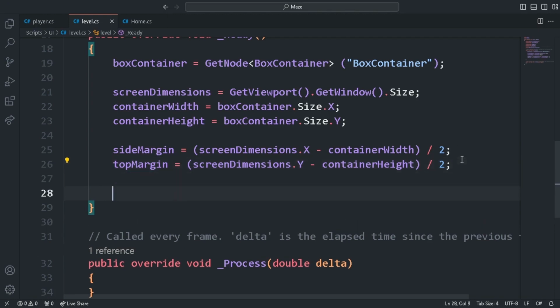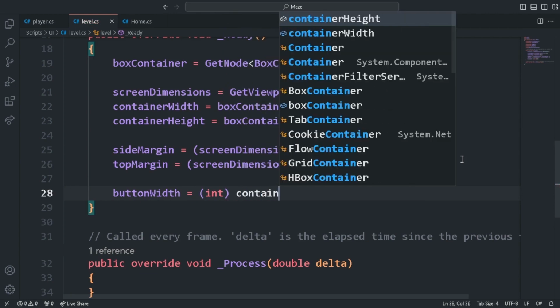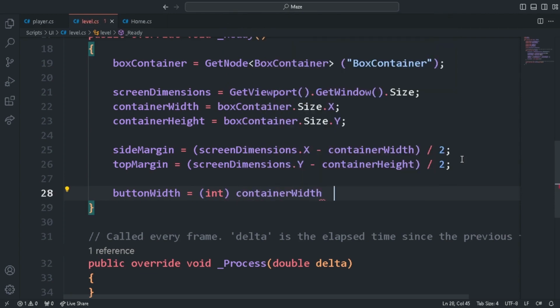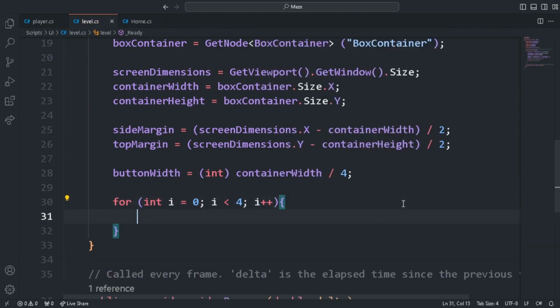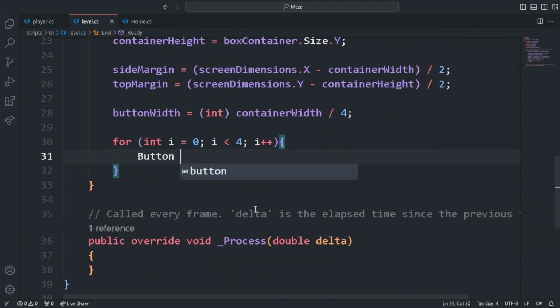Now we will give the value for the button width, and it will be equal to the integer value of container width divided by 4. Container width divided by 4, because we need 4 buttons. Now we will create the buttons. We need 4 buttons, so we will just loop through and set the limit to 4, i less than 4 and i plus plus. Now we need to create an object of button, so button is equal to new Button,